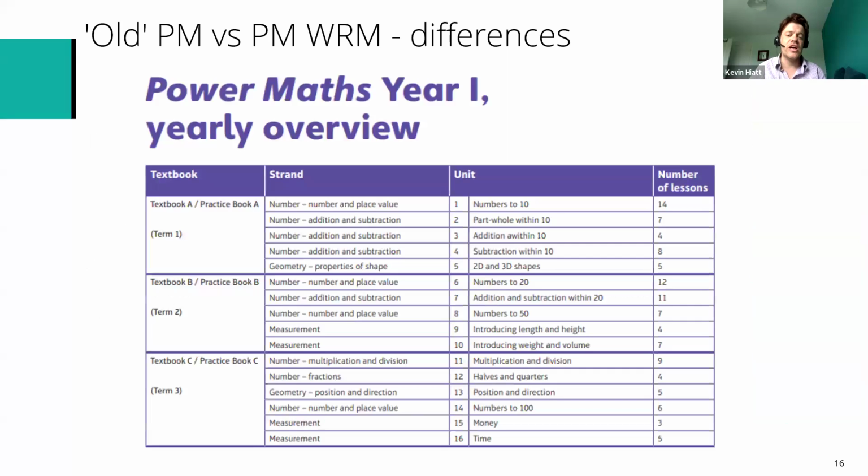So taking that first point, the changes to the order of teaching and the length of time given to some topics. On the screen right now, you can see an example of a Year 1 overview. I'm not going to go into loads of depth right now, but when you have a look at these, either on the platform or with a Pearson representative, you'll see they're quite similar to the current overviews, but there are some differences. The updates that have happened take into account guidance from professional mathematics bodies, as well as actual practical classroom practice and feedback. This means that some topics now have a little bit more time, some a little bit less. And one of the real key bits of feedback we got was there's more opportunities for reflection and consolidation rather than just continuing to rush through.